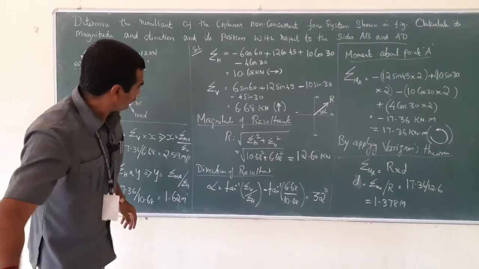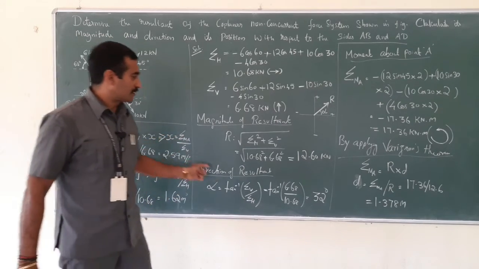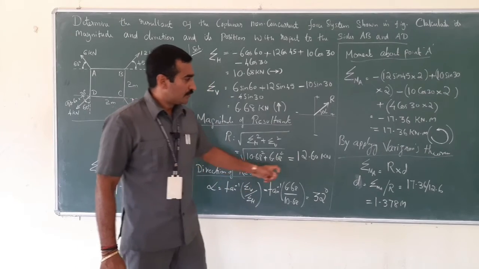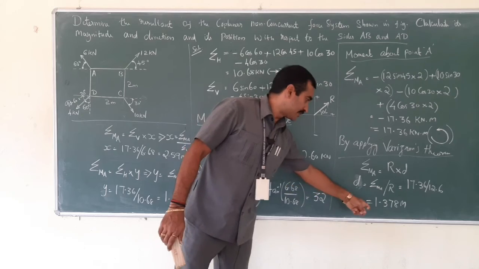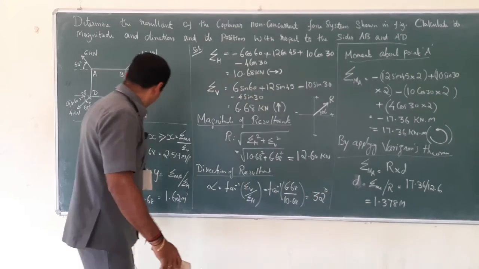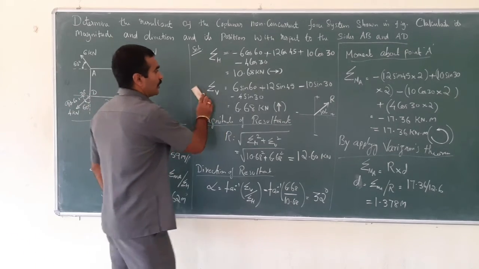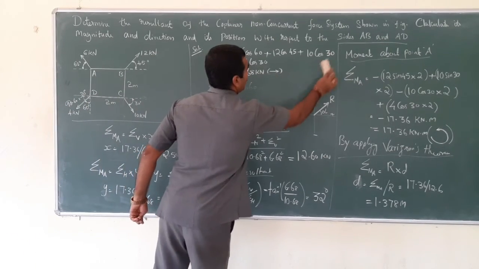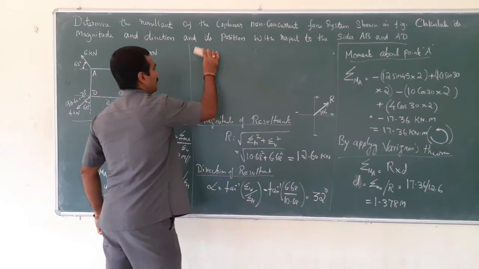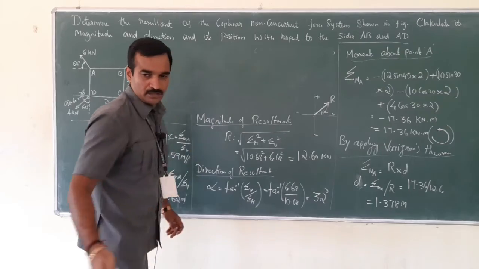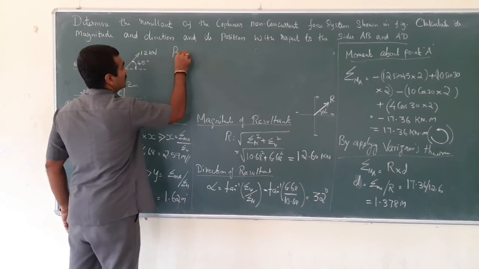Got it? So, ultimately, we have found all the values, that is the resultant value, the sum of moment, the resultant's perpendicular distance and the position X and Y. At last, what you have to show? You have to show the graphical representation. So, you have to mention the result.